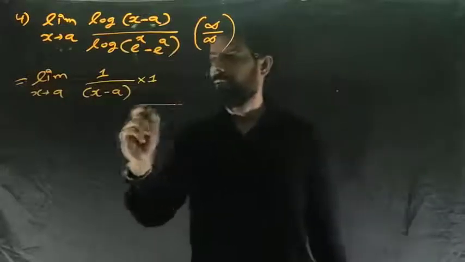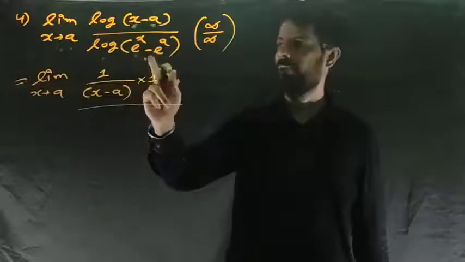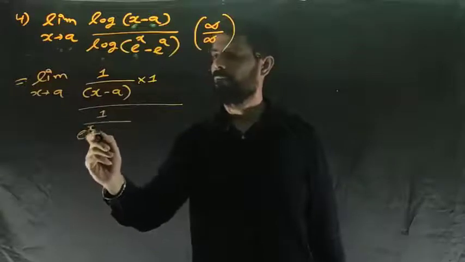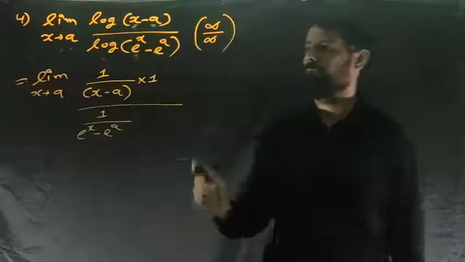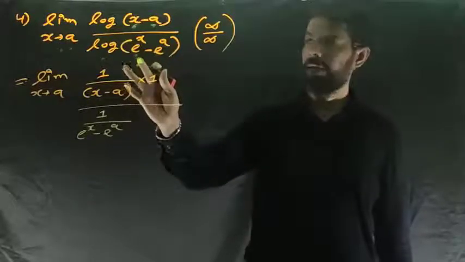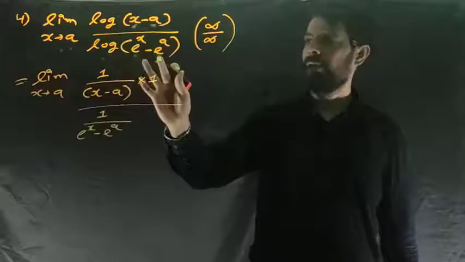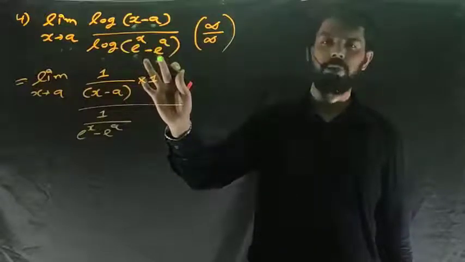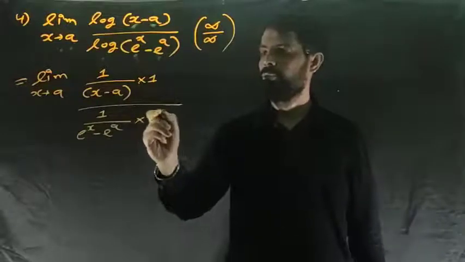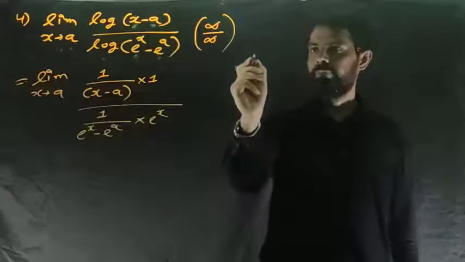Okay, then divided by, now we will take the derivative of the denominator, so the derivative of this will be 1 divided by (e raised to x minus e raised to a), because the derivative of log x is 1 divided by x. Then taking the derivative of the bracket, the derivative of e raised to x is e raised to x, and the derivative of e raised to a will be 0 because it is a constant term, so into e raised to x. Now simplifying this, so it will be